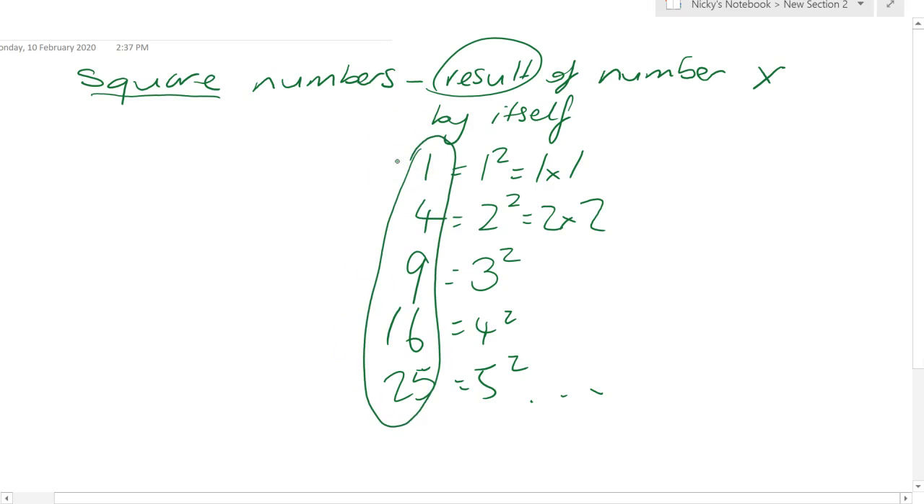We can also call them perfect squares, and when you get into some higher level maths, you will have,